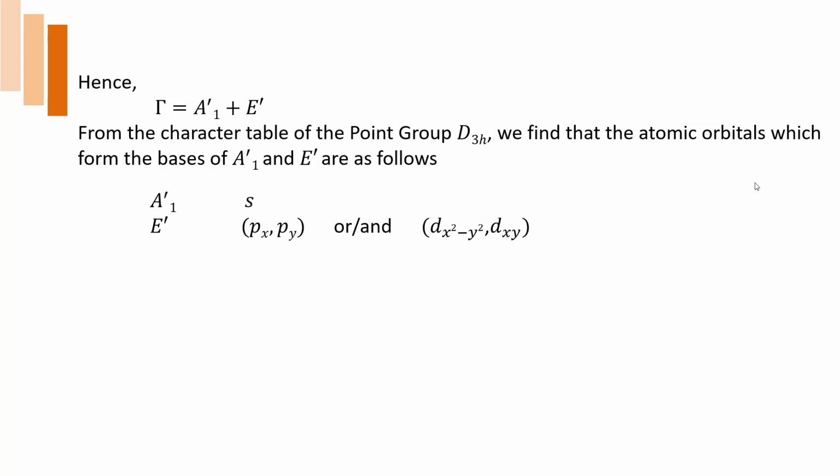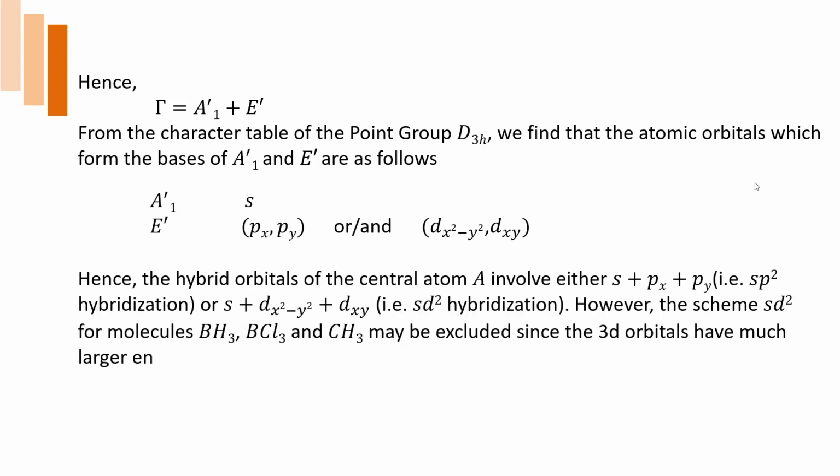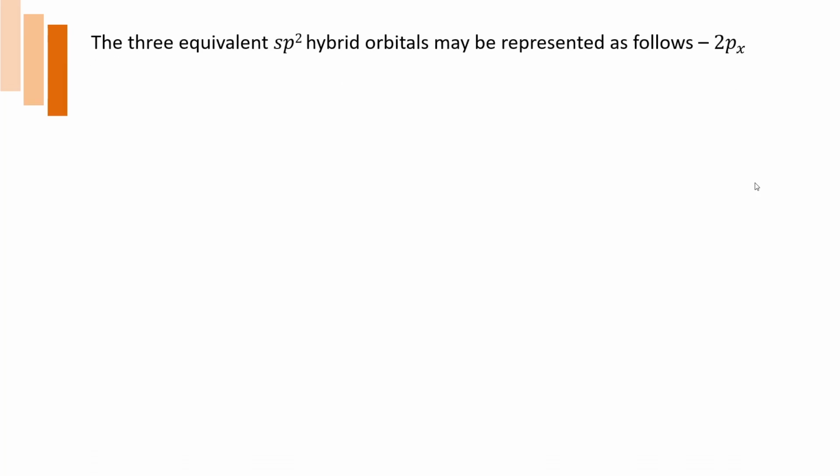But as we know, in the BF3 molecule there is no involvement of d orbitals because they are very high in energy. Therefore, it is quite logical that we see that s, px and py combine to give an sp2 kind of hybridization in the molecule of boron halide. This is the idea of which orbitals are involved in mixing, which can also be assumed qualitatively. But in terms of quantum mechanical calculations, this can also be simplified.